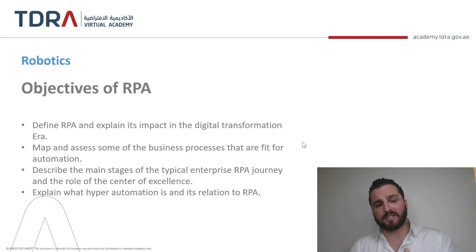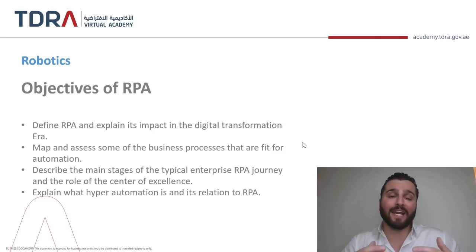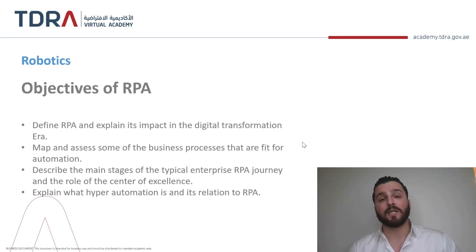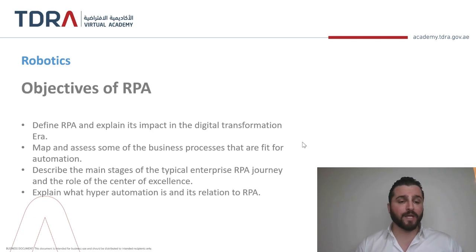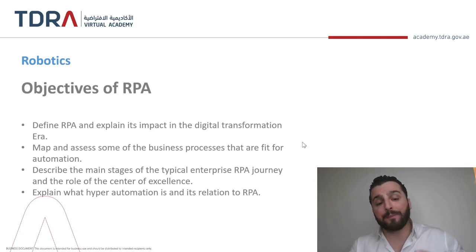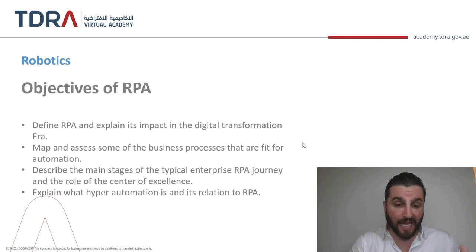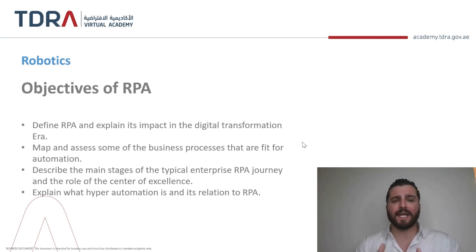Then I'll talk about the main stages and the typical RPA journey, and I'm going to fine tune it according to the latest leading practices that we have already implemented with different organizations around the world, and how these stages will be affected by utilizing RPA in a smart city, or in the military sector, and so on. Then we're going to explain what we mean by hyper automation or hyper intelligence, which is related to RPA and takes this whole industry, or this tool, to another level in terms of implementation.